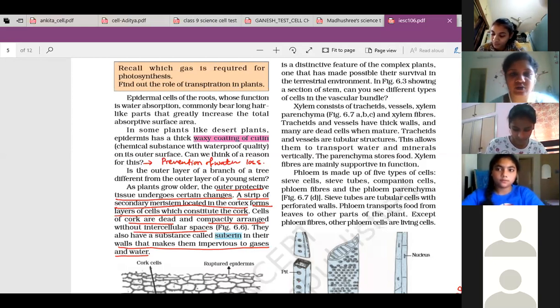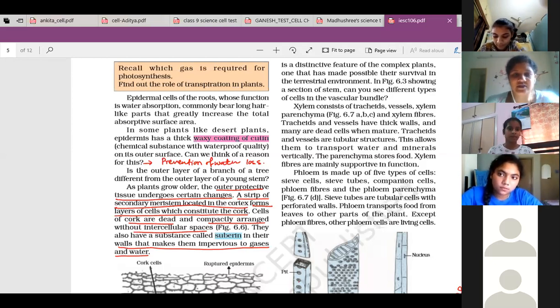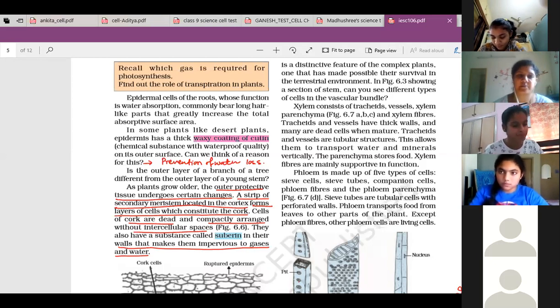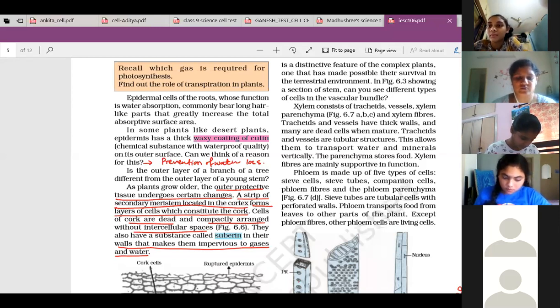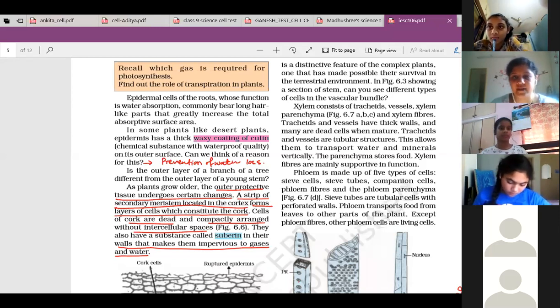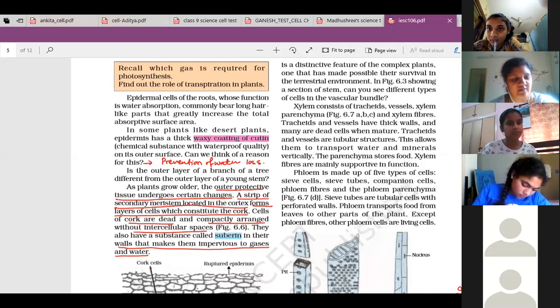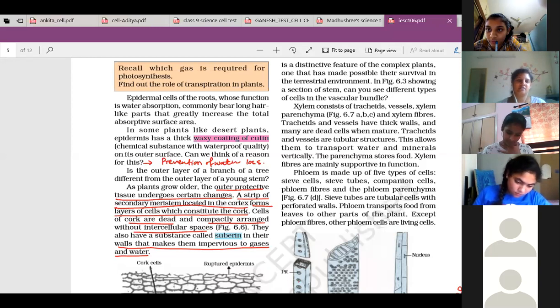And then the fourth point, what is it? You can write its components. The xylem consists of tracheids, vessels, parenchyma, and fibers. And phloem consists of sieve tube, companion cells, parenchyma and fiber. Ma'am, there's one more point. Ma'am, the number of xylem in a plant is more and phloem is less. Okay, you can consider that one also, but you can write that as a secondary point if it is for more marks.